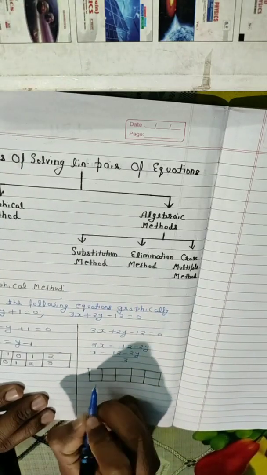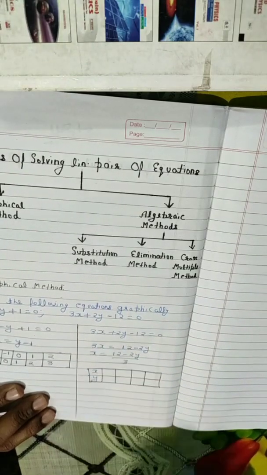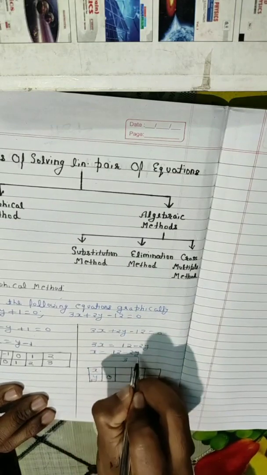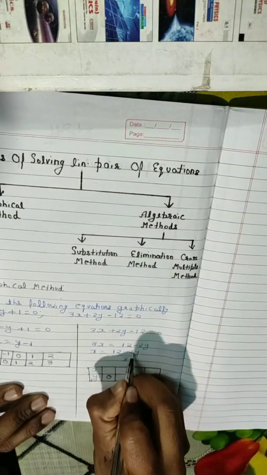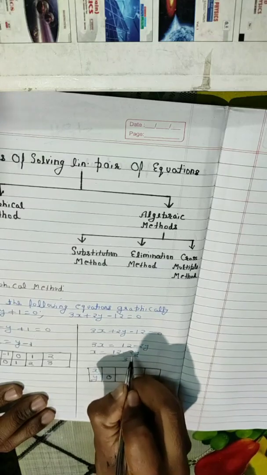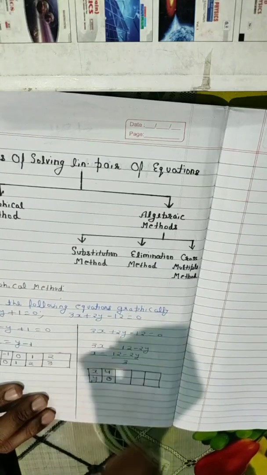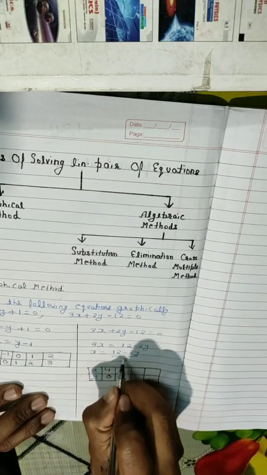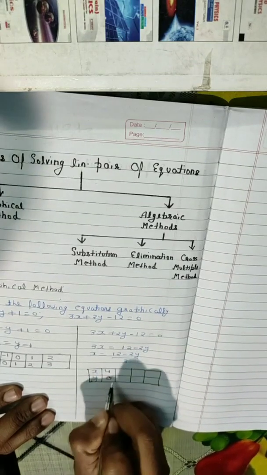Here it is x, it is y. Let us take y equals 0. When y equals 0, 0 into 2 will become 0. So 12 minus 0 is 12, 12 upon 3 is 4. Let us take y equals 3. See, in the denominator it is 3, so I will take the gap of 3, 3, 3.